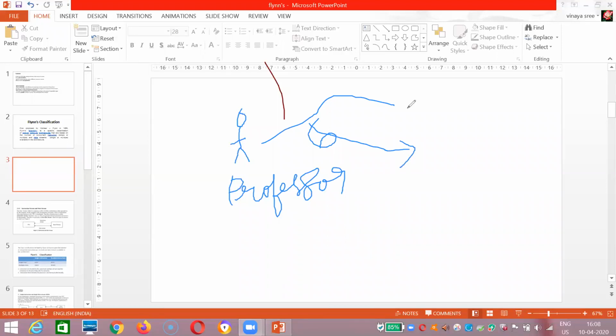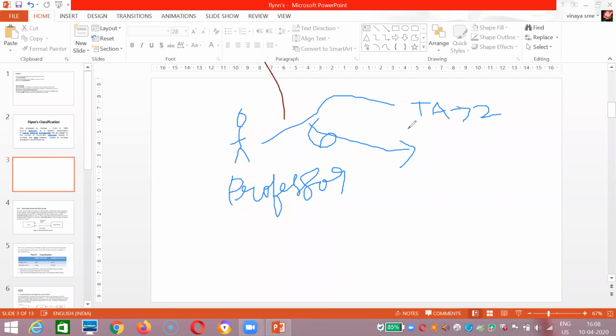Concurrent execution, parallelism for the correction of 6 subjects, can be achieved in one of 2 ways. The first way is giving 2 subjects each to teaching assistants. Let us consider we are dividing the entire 6 subjects among teaching assistants. Let us consider there are 3 teaching assistants, and I'm giving 2, 2, 2 like that. This is the first approach.